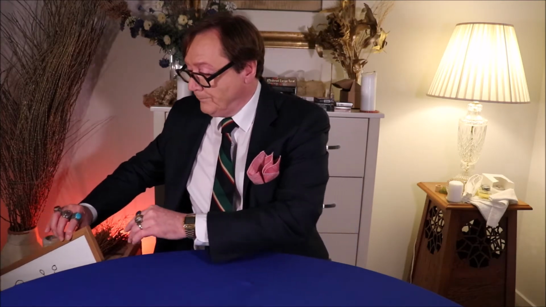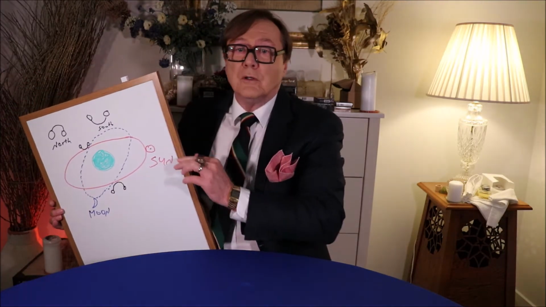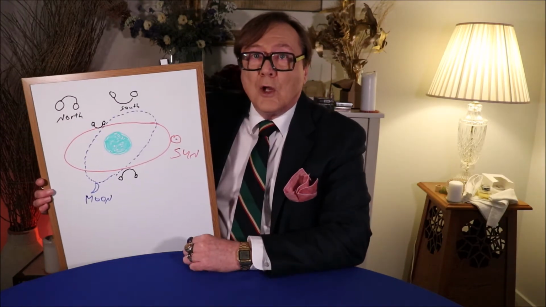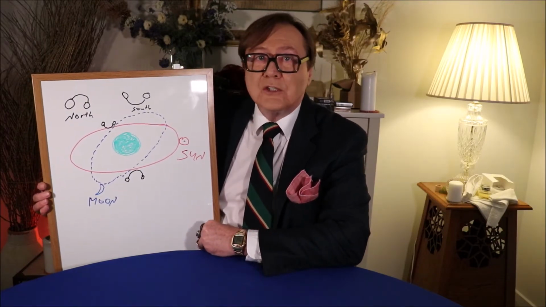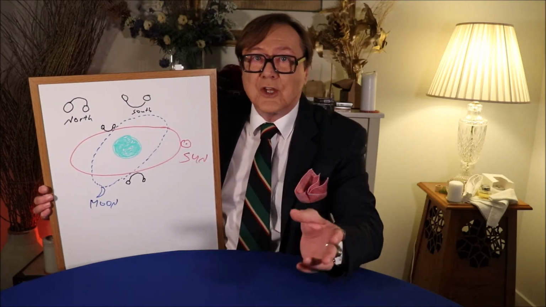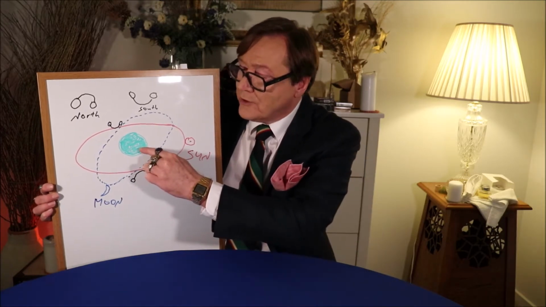Well, for centuries the seers have thought, particularly in the East, that there must be more in the heavens than just the classical planets. The classical planets are the Sun, Mercury, Earth, Moon, Mars, Jupiter and Saturn. The nodes of the Moon are not actually physical planets, rather they are points in space, and the best way to give you the heads up as to what a node of the Moon is, imagine this as being